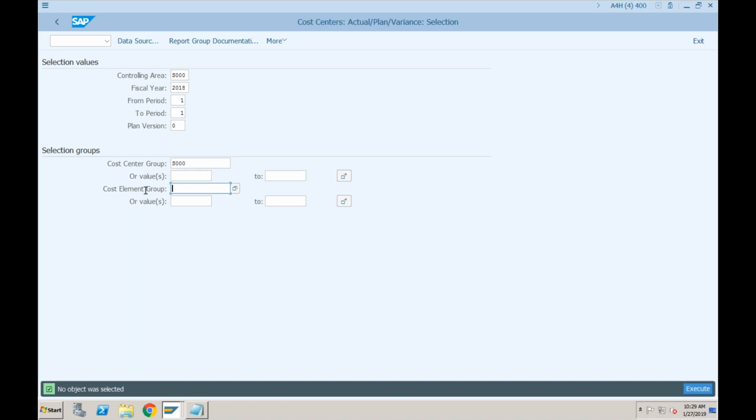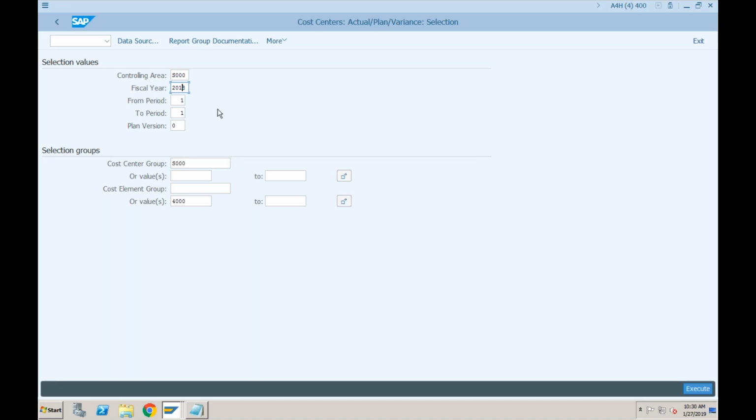Also the cost elements. So for example, you want to see the cost for a particular cost center, but only for that particular kind of nature of expenses. I want to see only the rent by different cost centers. I want to see only the salaries. For example, in our case, this value would be 4,000 because we are only looking at the salaries for all the cost centers in the entire group.